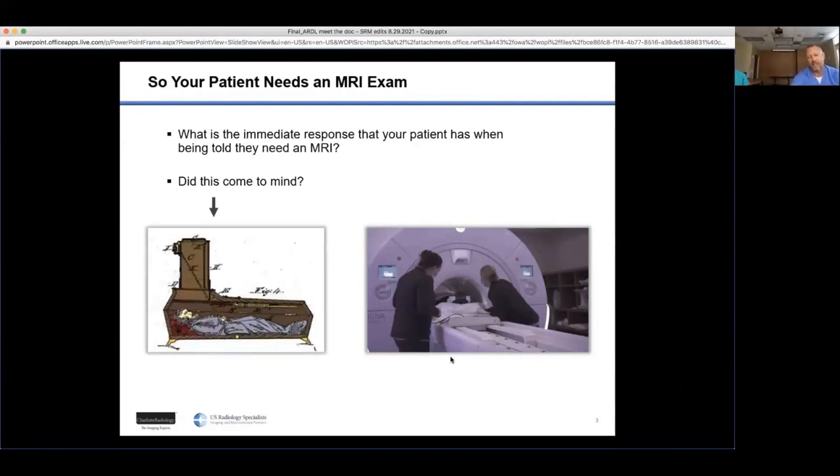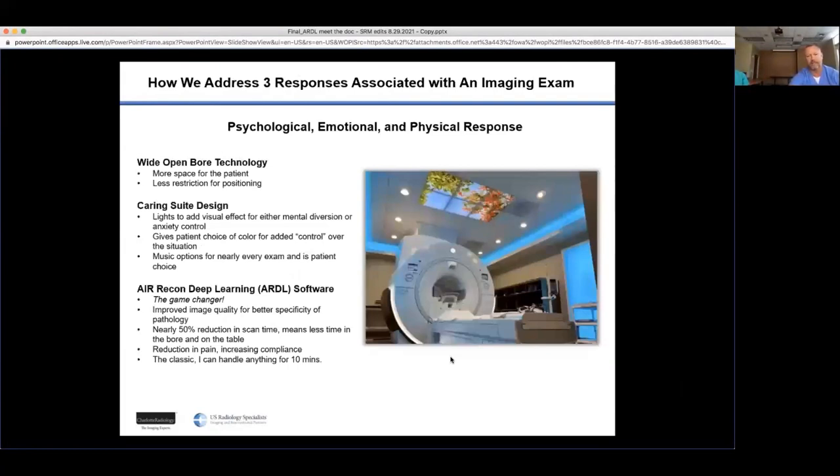And what I've seen clinically, most people come in believing the MRI system is going to be a coffin. And the reality is more of what you see on the right, where you have compassionate caregivers ready to take care of them. So how do we address these needs that we see with our patients? We see our patients present here with psychological, emotional, or maybe even a physical